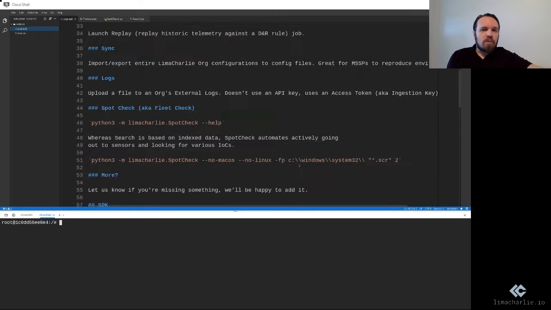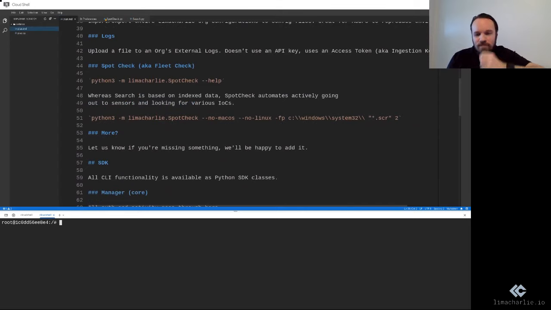Spot check, also sometimes known as a fleet check, is a very interesting one. So we talked about search before. The search is looking for an IOC in historical data, right? So I want to see if any of my hosts resolved evil.com in the past year. Spot check allows you to take the mirror approach of that, which is to say, I don't want to look at historical data. I want to actively go into those hosts that are in my organization and look for